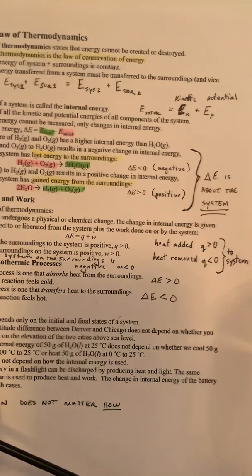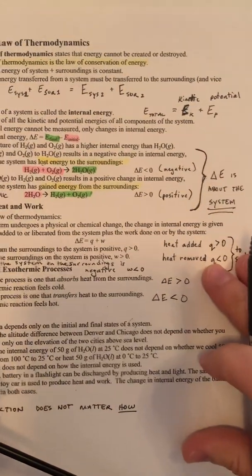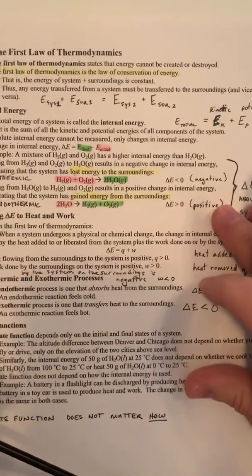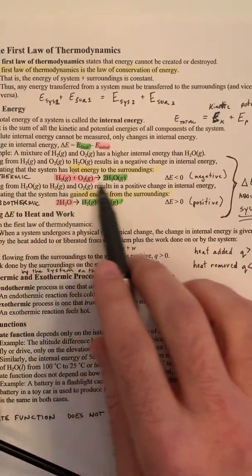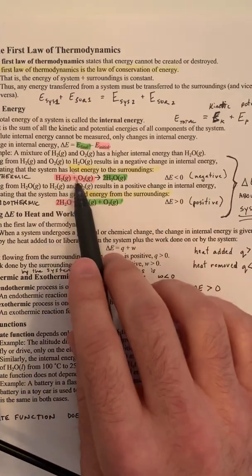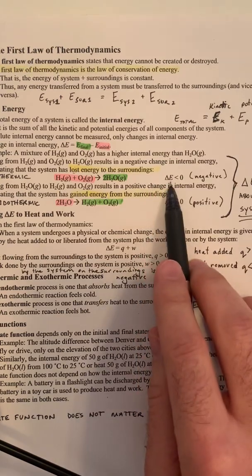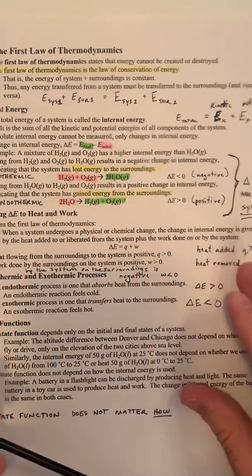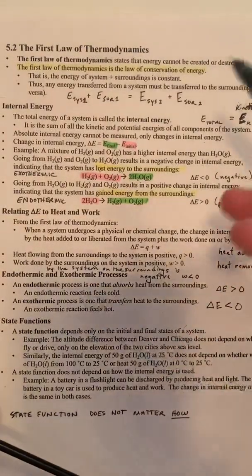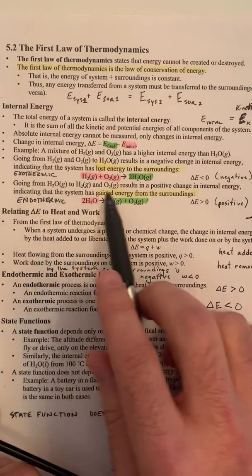Are we talking about the system? Are we talking about the surroundings? Okay. So in this case, we're talking about the system. So if this was the system, going from this to this, it lost energy, so your change in energy is negative. That makes it exothermic. An exothermic reaction means it's giving off heat. Heat is leaving the system, okay? If you did it reverse,